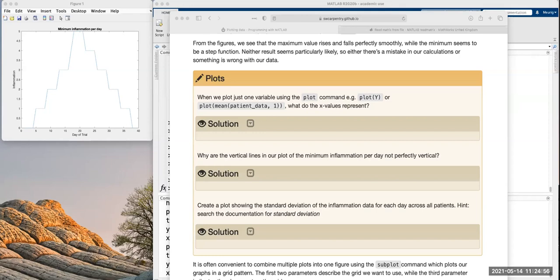Okay, how are we getting on with the solutions?